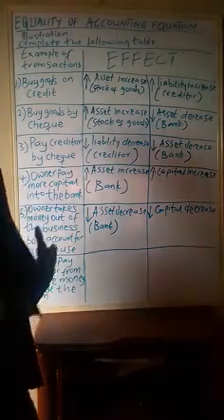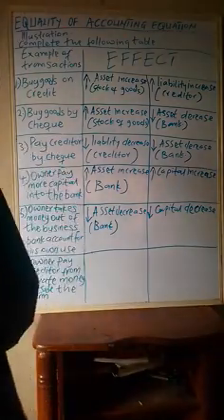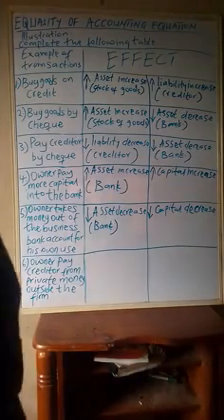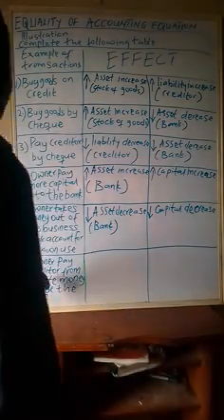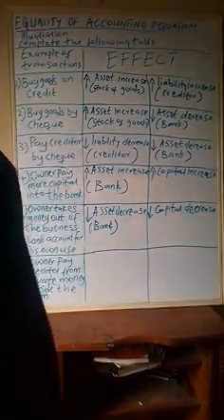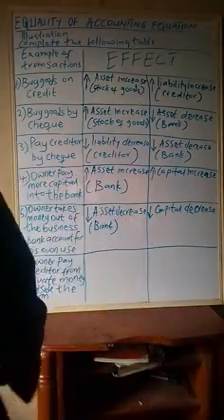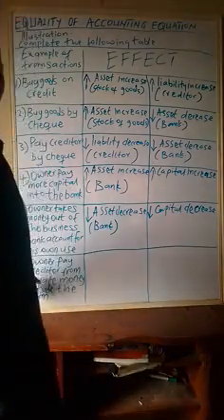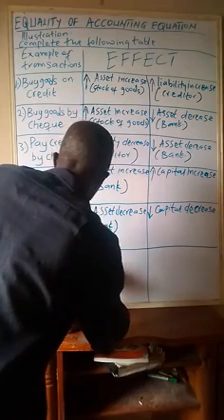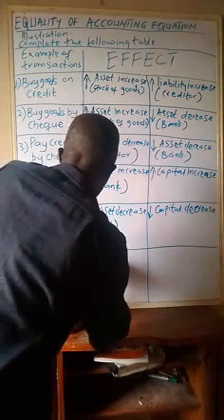Then what happened? The owner pays the creditor from private money outside the firm. That means our creditor that we owe has decreased. Then capital also: the capital brings money, that means capital has increased, while the creditor has reduced. The figure that we had before has reduced because we paid them. That means